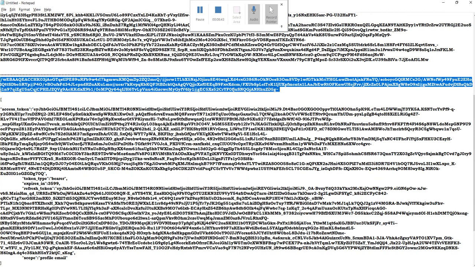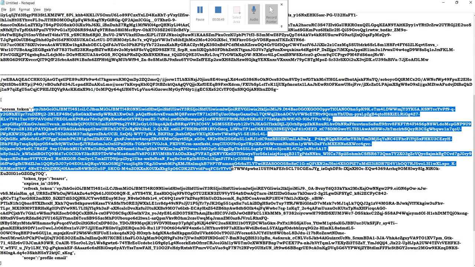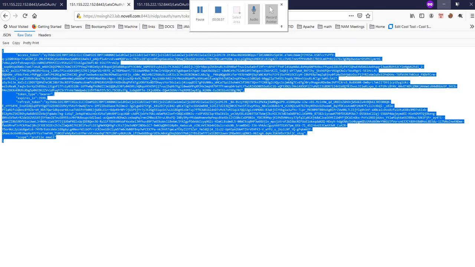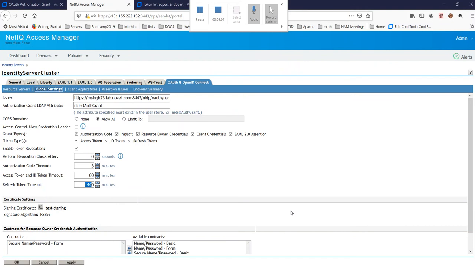So I have a code which is already expired. I have the access token now, the new access token, which is going to be valid 60 minutes, and I have a refresh token. Okay, so now what I'll do, I'll just close this session so that there is no user information for this browser, and start a new browser session